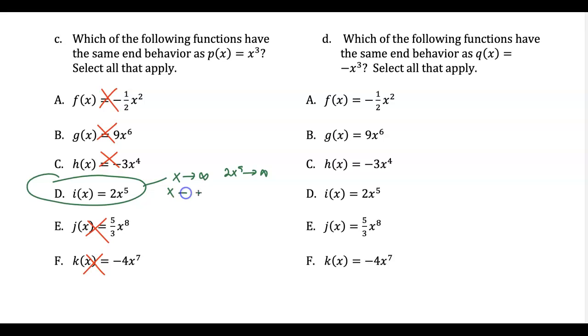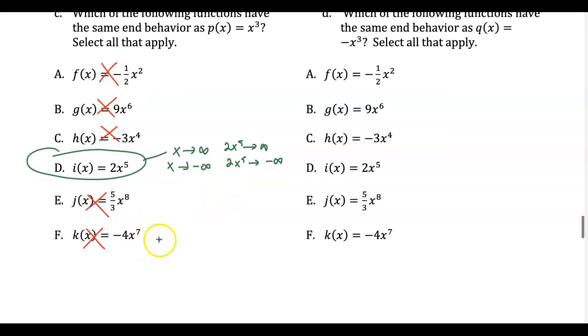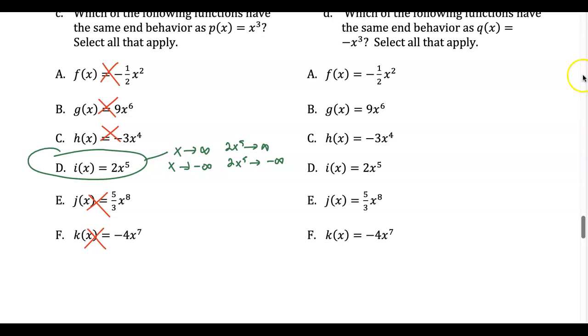But as x gets close to negative infinity, this is going to go to negative infinity, because a negative number raised to an odd power is still negative, right? So this is going to be inverted down here. So for this guy,